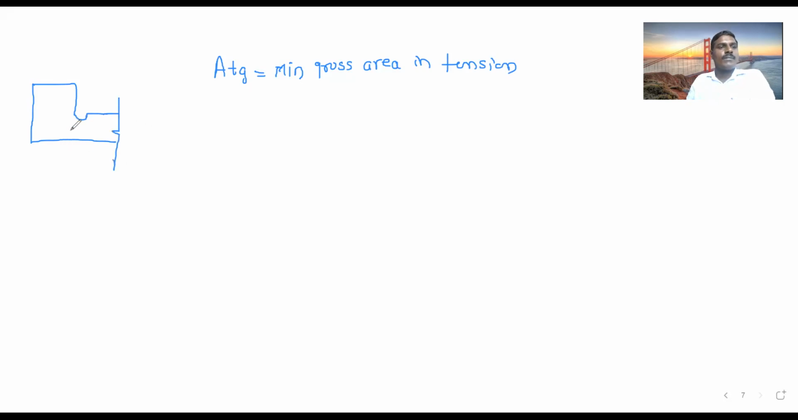So next area is the A_tg. A_tg is the minimum gross area in tension. Minimum gross area in tension. So as I told you, sorry, just